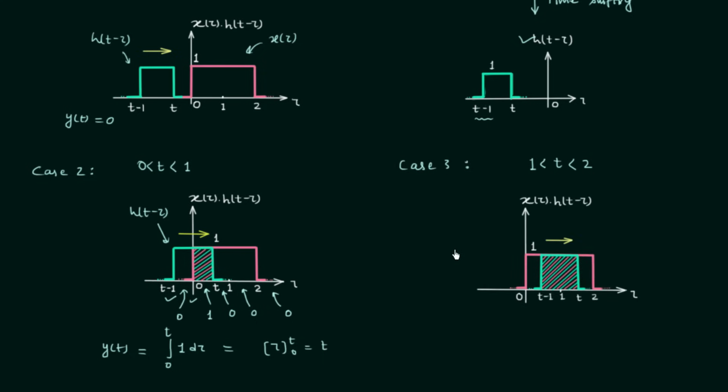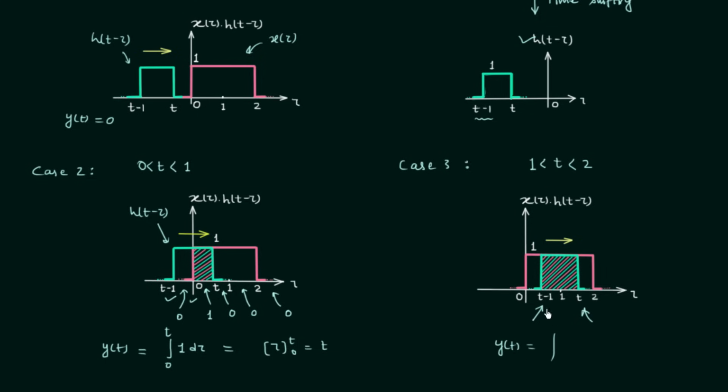So this is how the waveform will look, and as we have already seen the two cases, we will quickly perform the calculations. In our third case, the two signals are non-zero from t minus 1 to t. You can see the two signals are overlapping, and the multiplication x(tau) h(t minus tau) is equal to 1. So we will perform